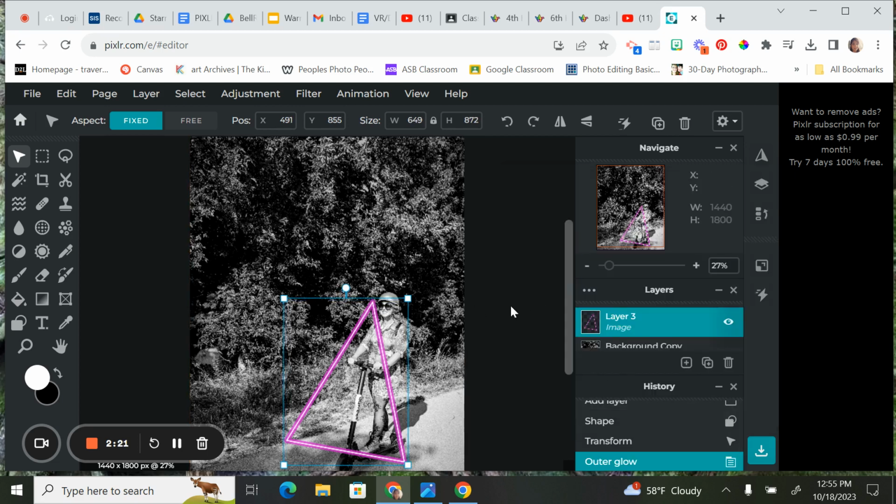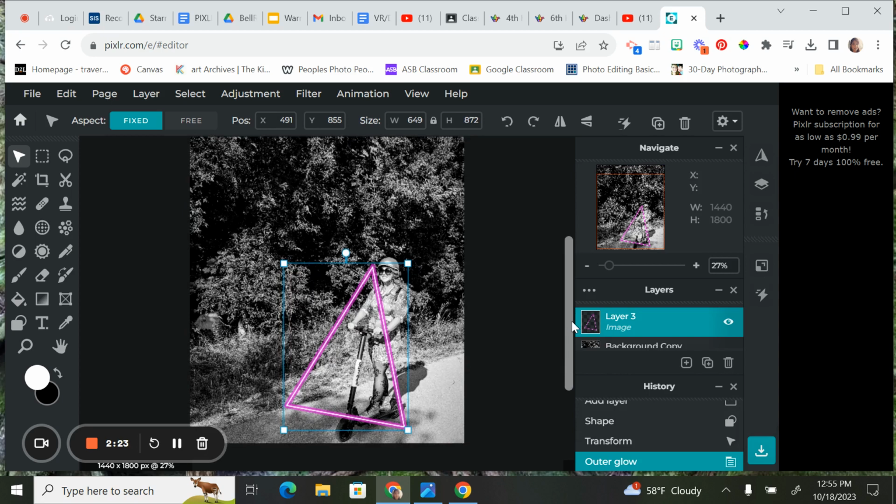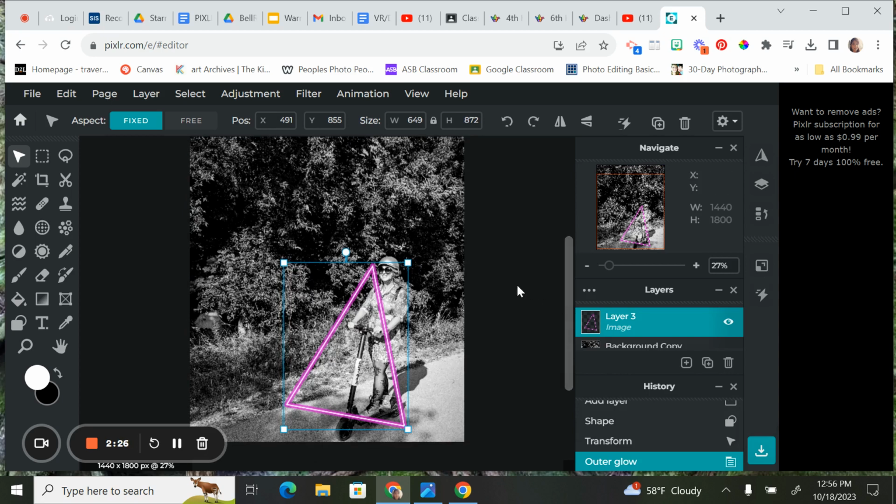And now right now I have a choice. Am I going to leave it just one triangle, or am I going to Control C to copy and Control V to paste? Notice that it added a new layer that I can then move. So if I wanted some repetition, I could do that. So I'm going to hit Control Paste one more time, and maybe I'll do one over here,